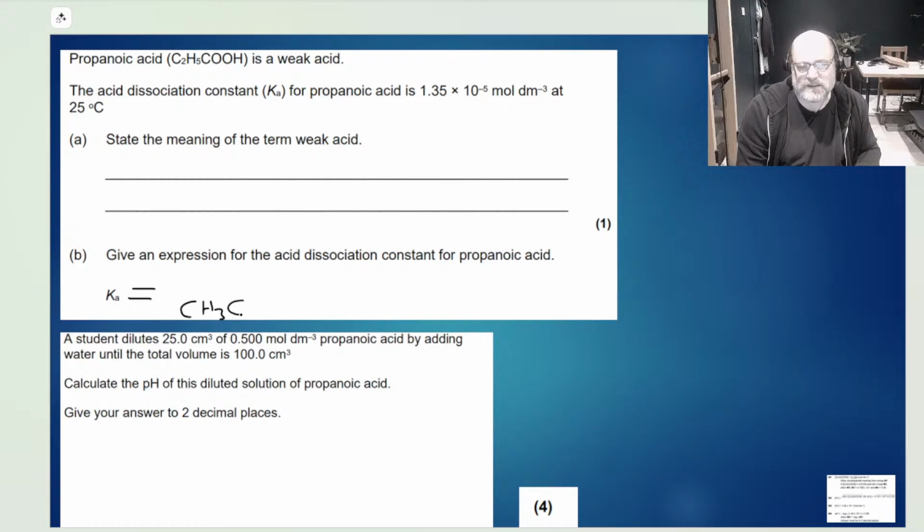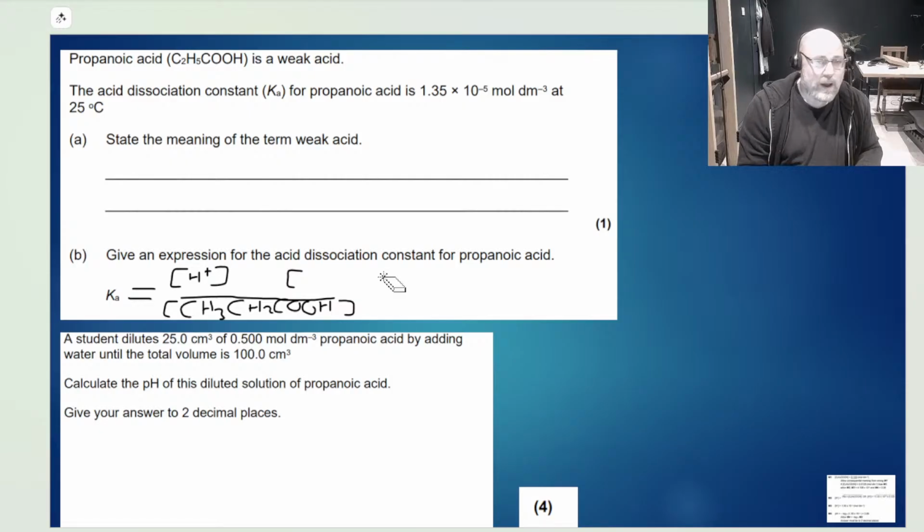I'm going to write it like this. I'm going to use the structural formula because I don't like doing the molecular formula they've got. So there's my propanoic acid. And all you're going to do here is write H plus, and then you want to write your propanoate ions. Don't try and be too sophisticated and write H plus squared. There's a good chance they won't give you the mark for H plus squared because H plus squared is making